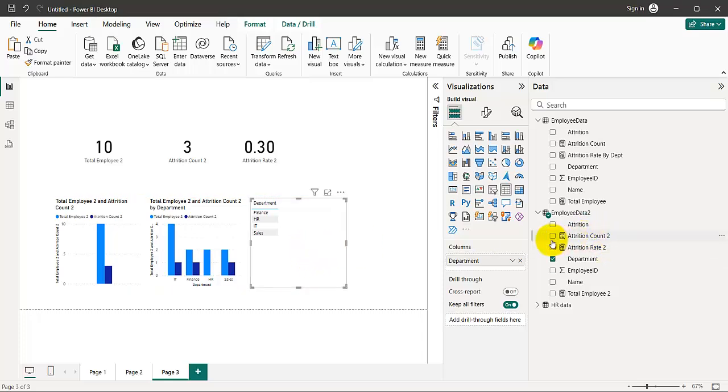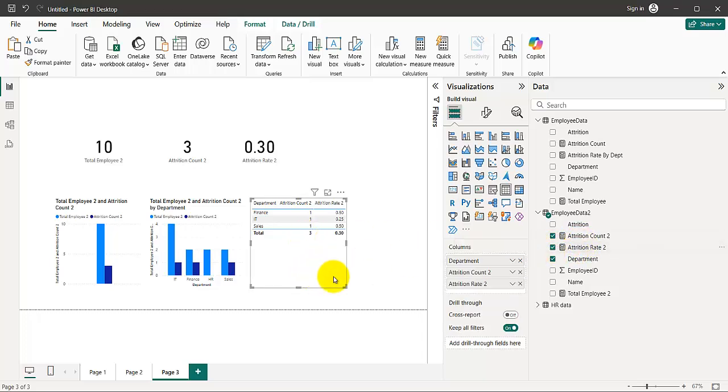What is the attrition count? And yes, we got 1. And then what's the attrition rate? Let's look at this. All right, that's it. I can see the attrition rate for each of the departments. This is 50%, and so on. Okay, that is the very basics of